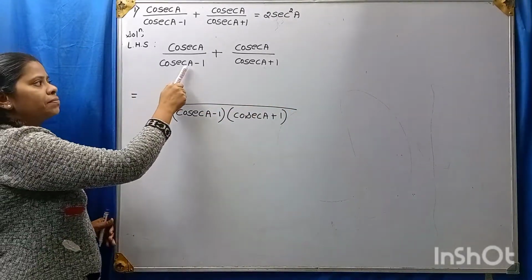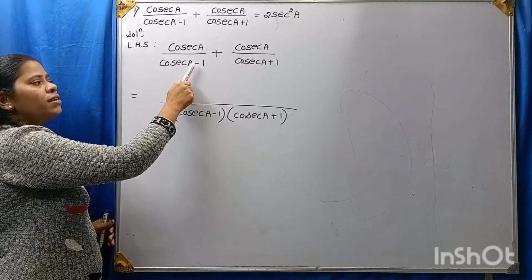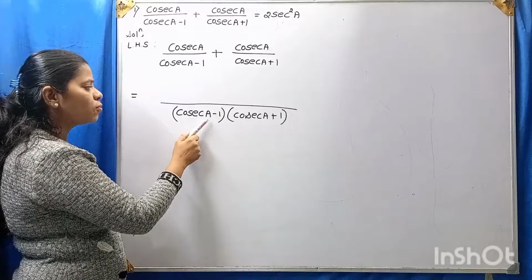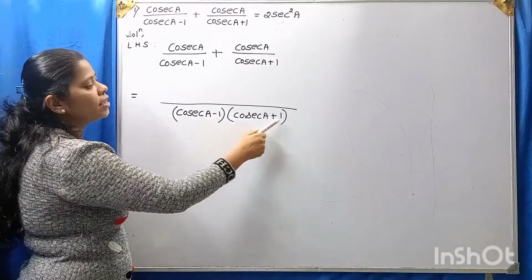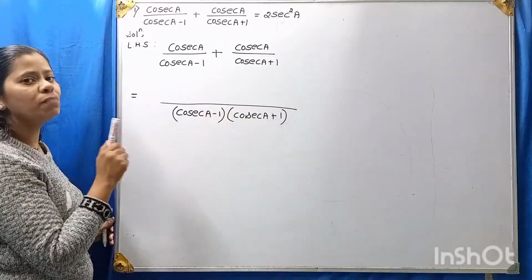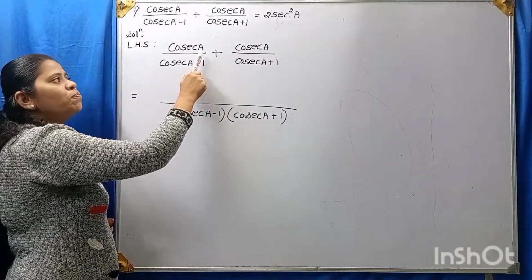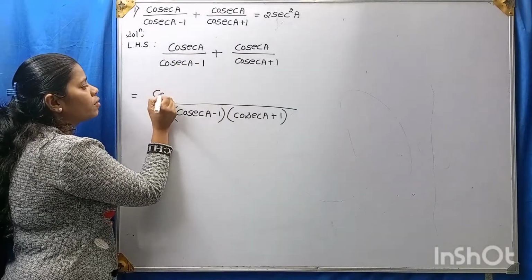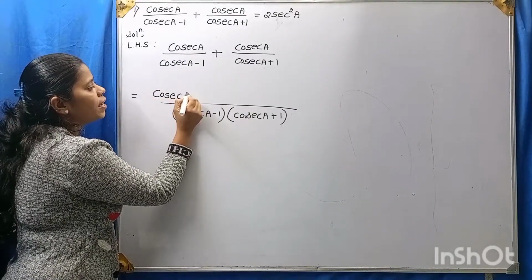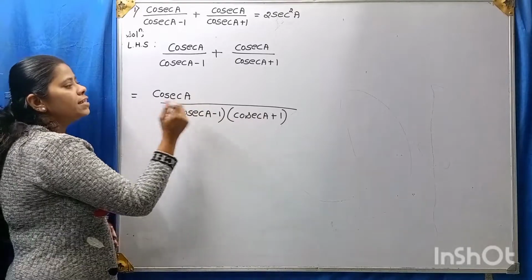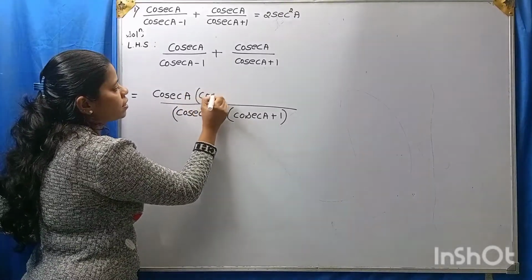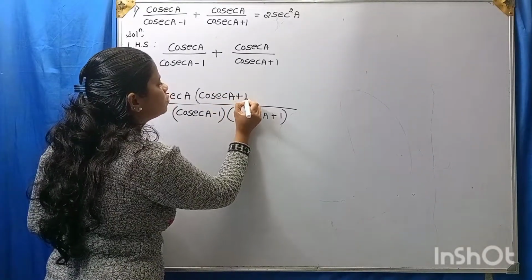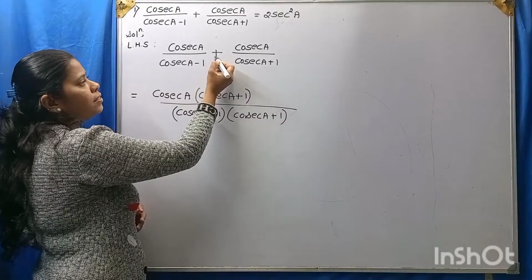Now look at this. Cosecant A minus 1, it is in the denominator. But our LCM is cosecant A minus 1 into cosecant A plus 1. Therefore, we will multiply it by cosecant A plus 1. Then it will become cosecant A into cosecant A plus 1, plus,